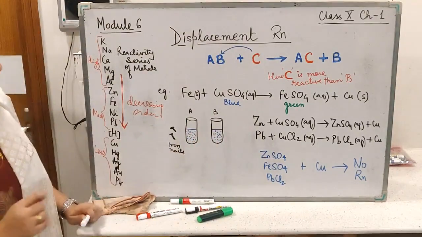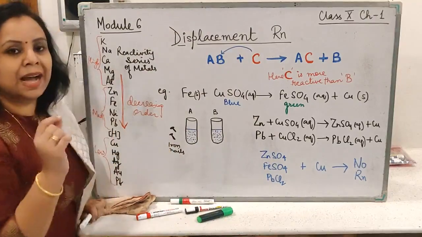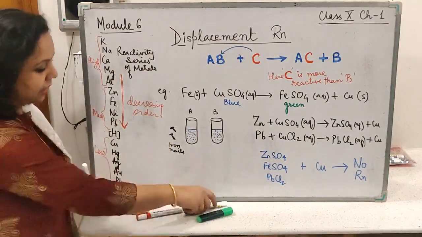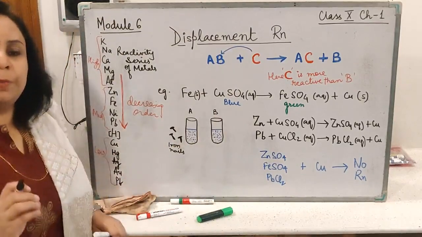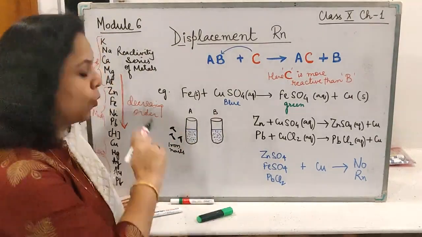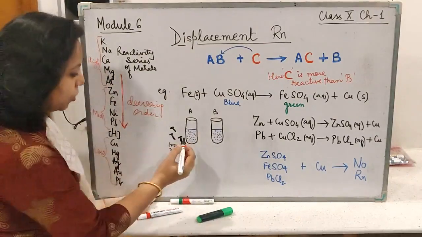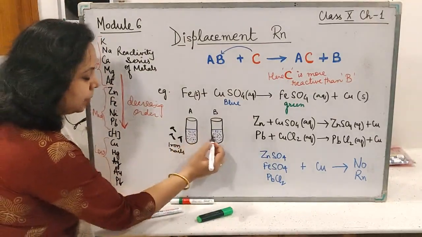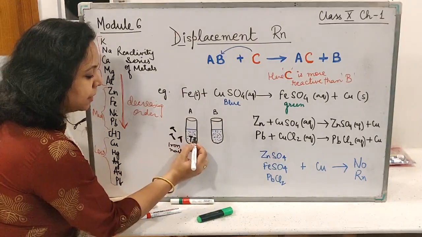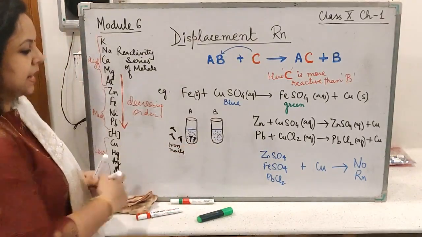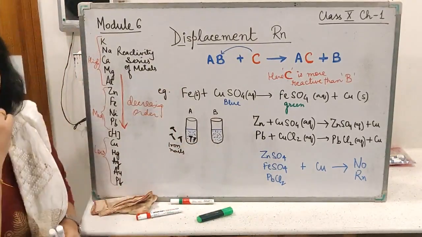Now what we do, we put some iron nails. I have taken some iron nails over here, and we put some iron nails in one of the test tubes. Okay, let us put these nails in test tube number A, and let us leave the test tube number B